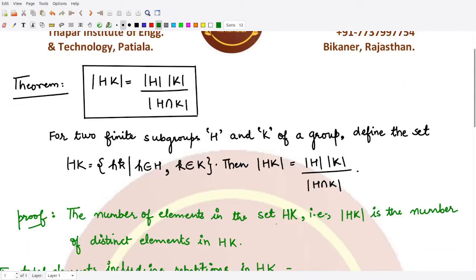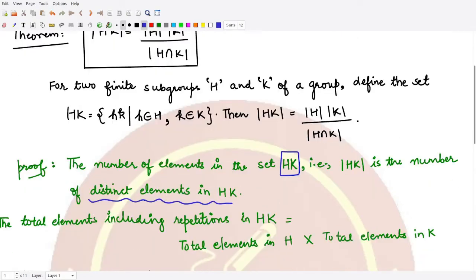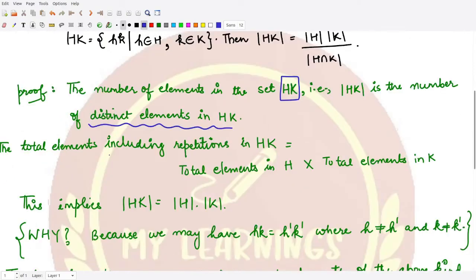For the proof here, we wanted to calculate the total number of elements which are members of this set HK, right? So we wanted to calculate the order. So we wanted to determine how many distinct elements are present in HK. This is our aim here. So for that, we know the total elements including repetitions in the set HK are written as follows, because the first element is being taken from H and the second element is being taken from K, so that means the total elements would be the number of arrangements of HK, and they would be arranged in the form,